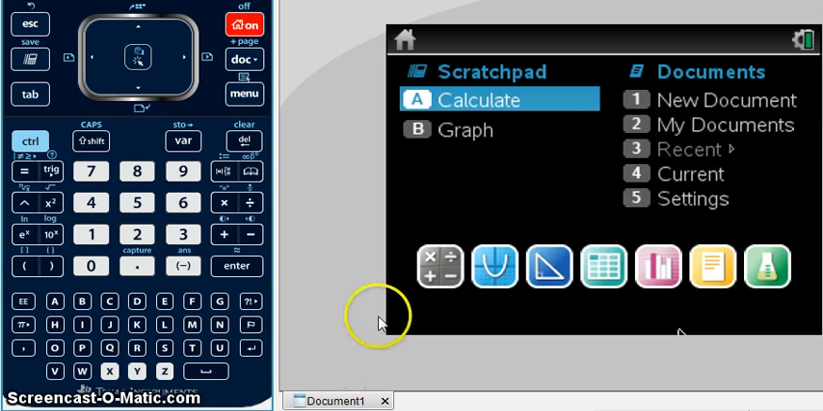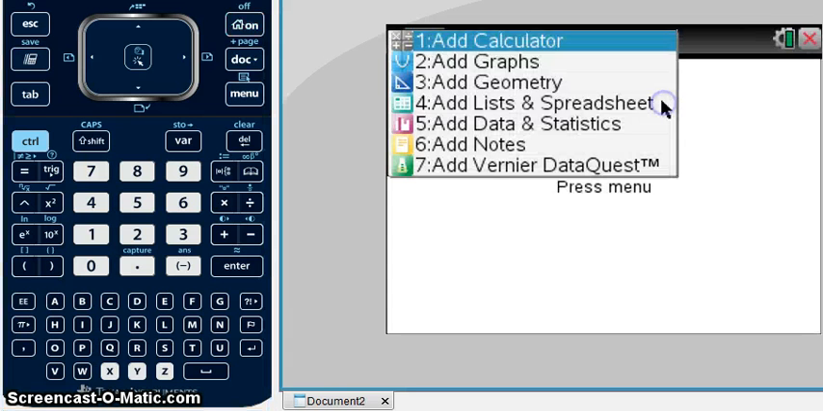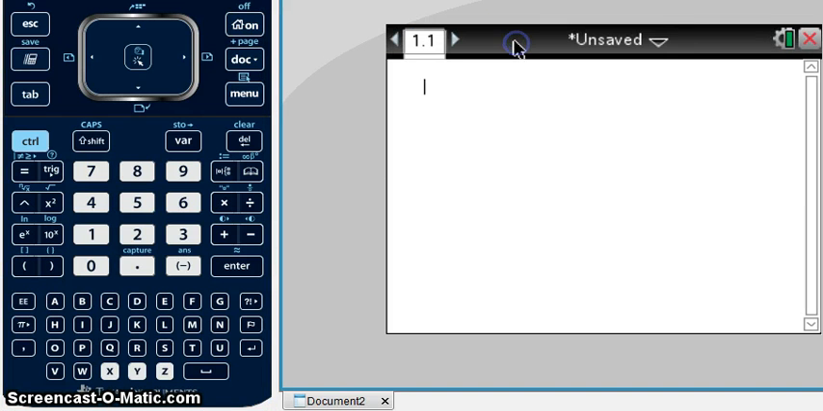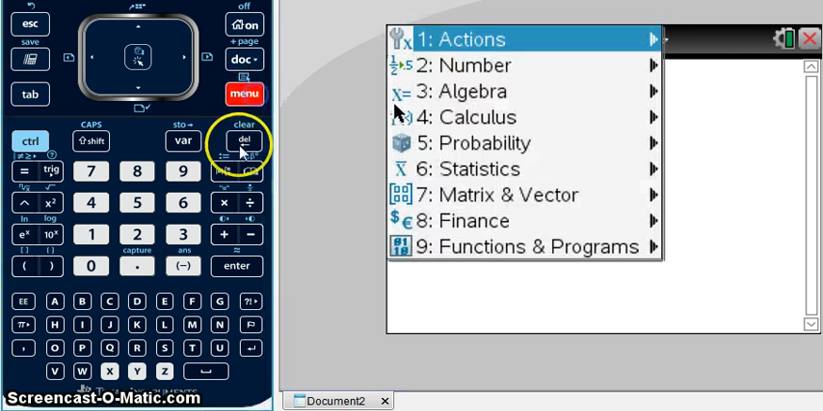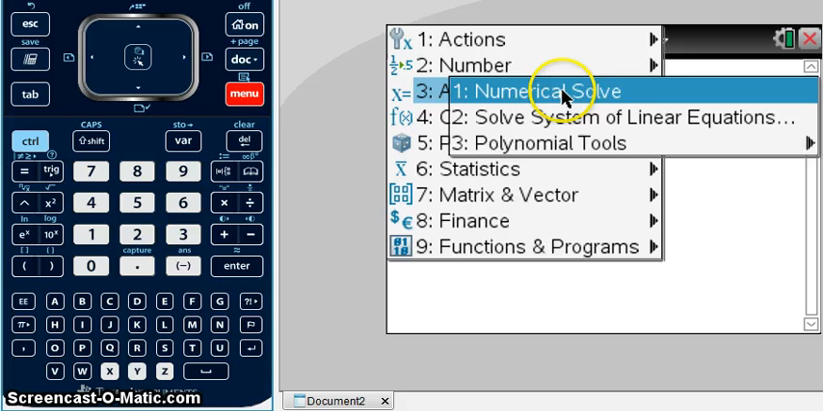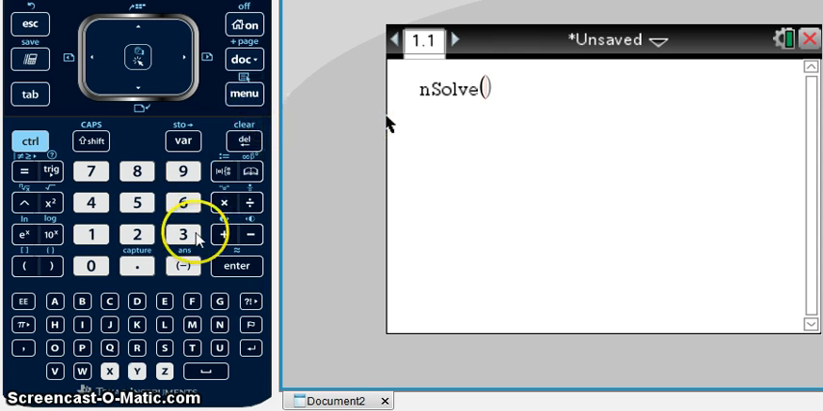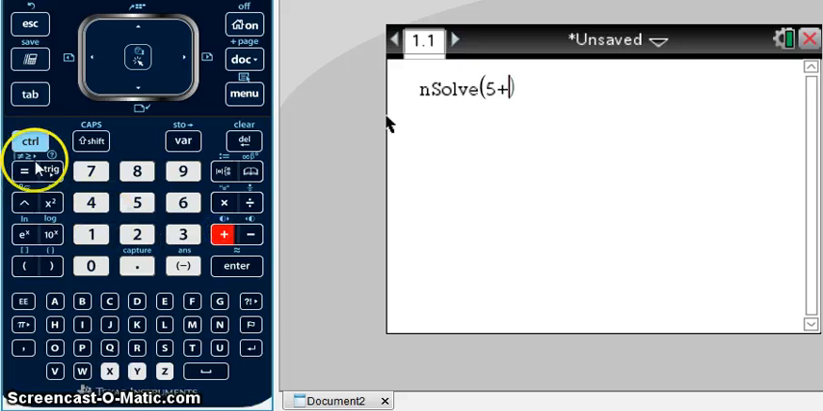So what I'm going to do is go to a new document. I'm going to go to add calculator. And so for my equation, I'm going to go menu, 3, and then numerical solve. So I'm going to type my equation in, which was 5 plus square root of x minus 3